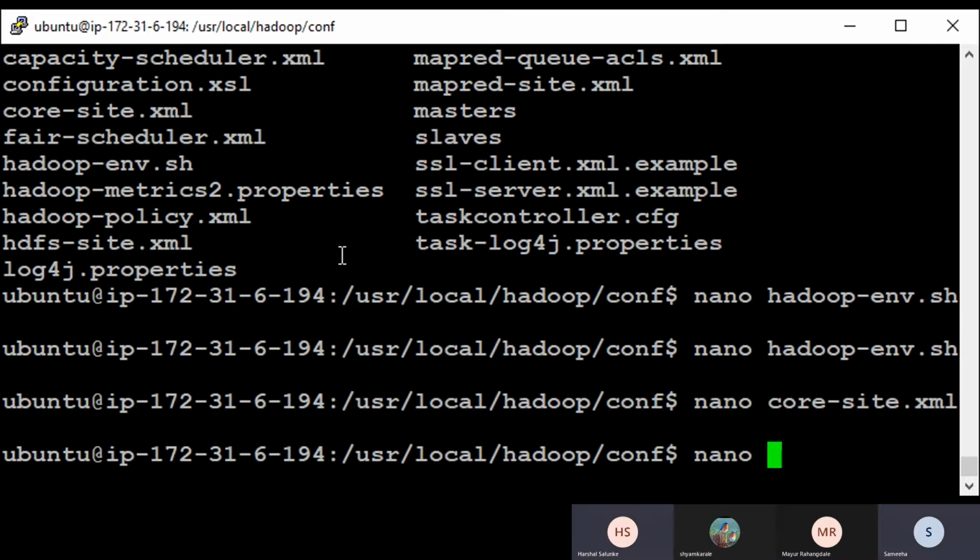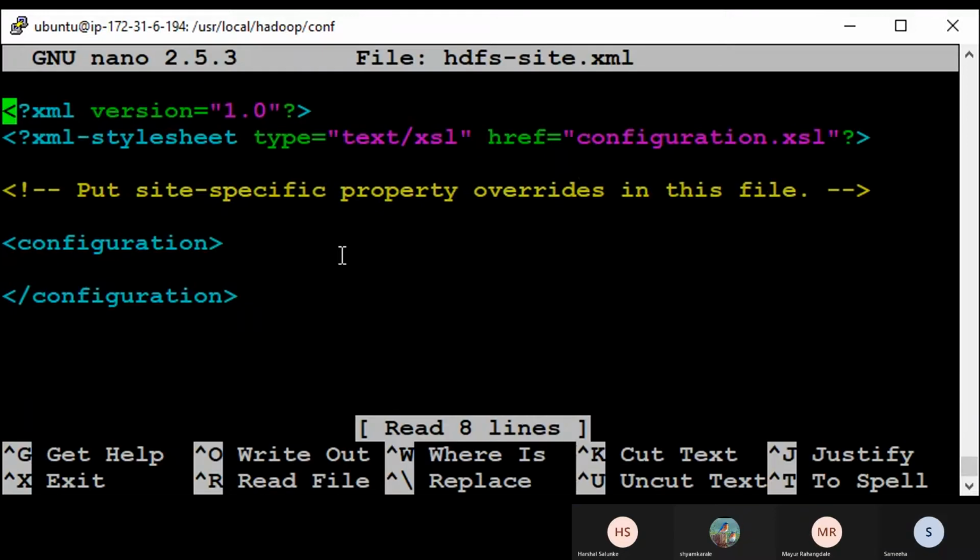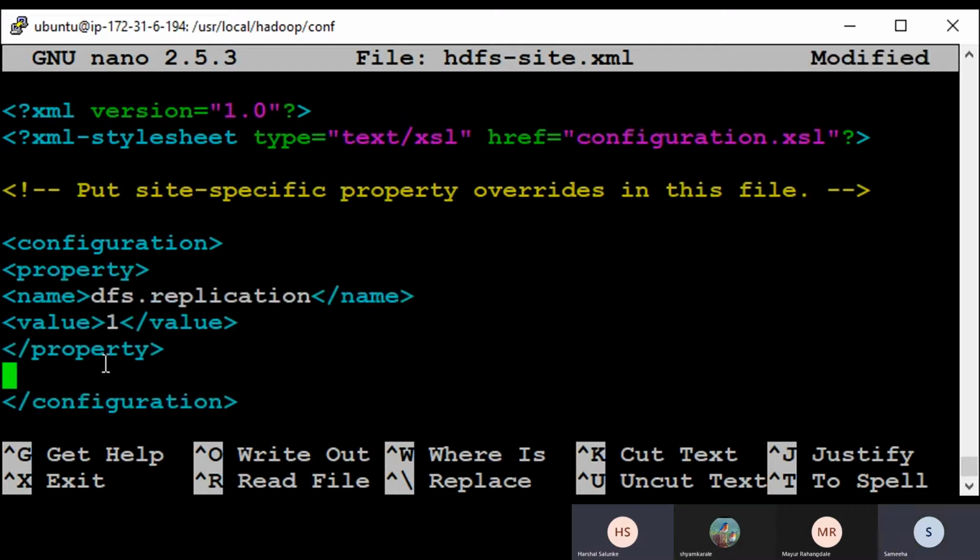Now HDFS. I don't understand why this property, dfs.replication. It is used to change the replication factor, which is by default 3, means 3 copies of the same data.